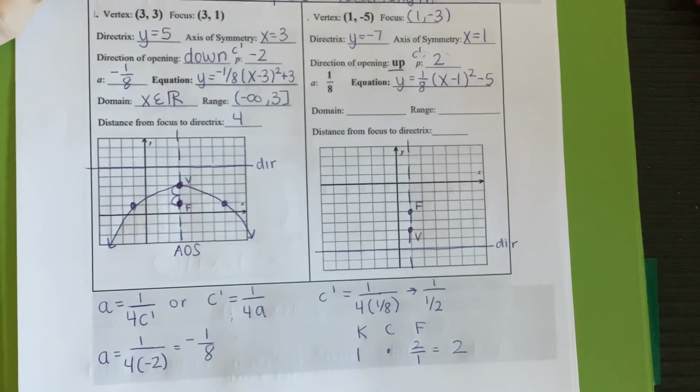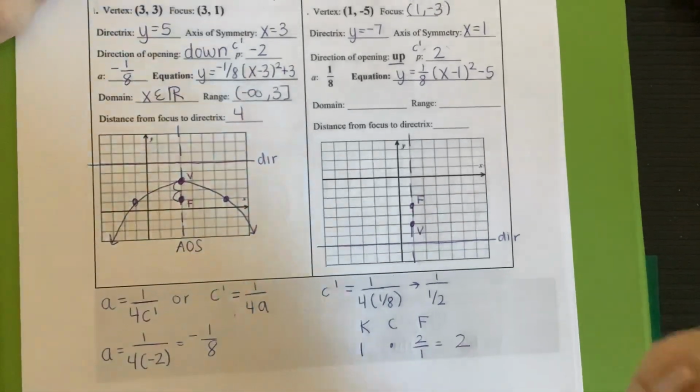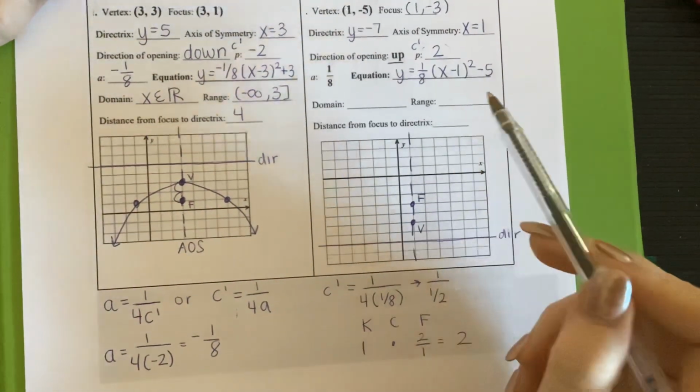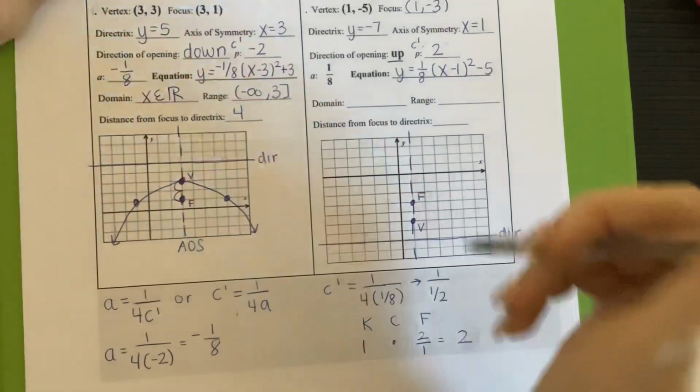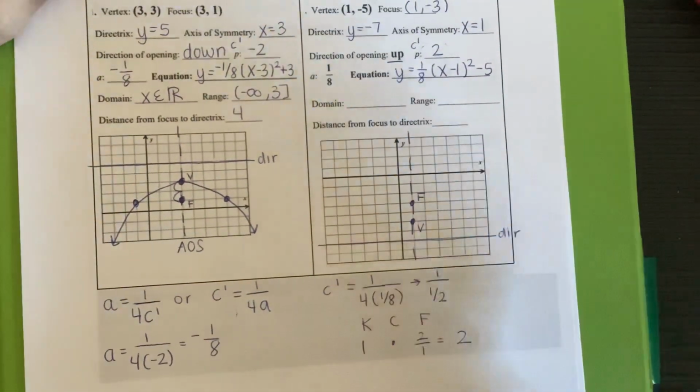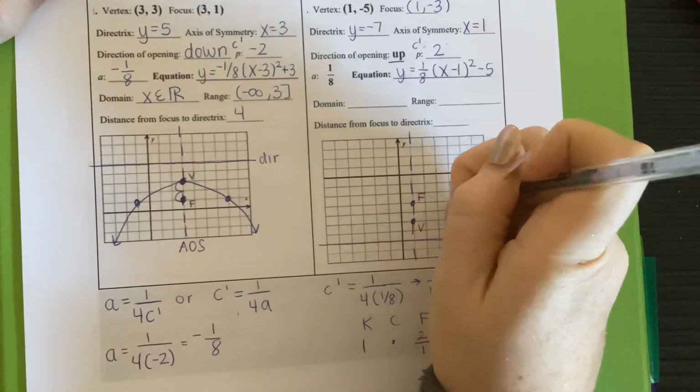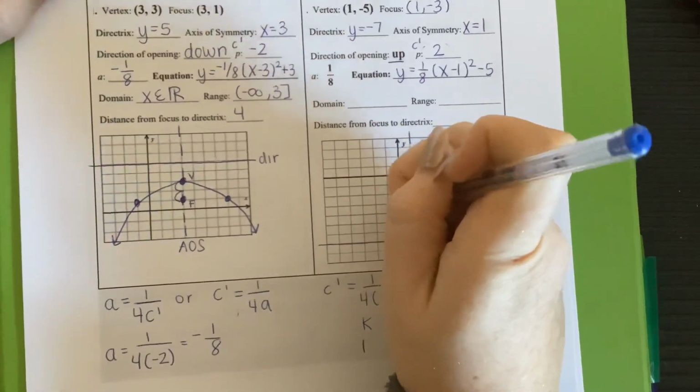Again, if you want to find those locus points, you're going to go 2 of your focal lengths in each direction to find those points. So our focal length was 2, so we're going to go 1, 2, 3, 4, 1, 2, 3,